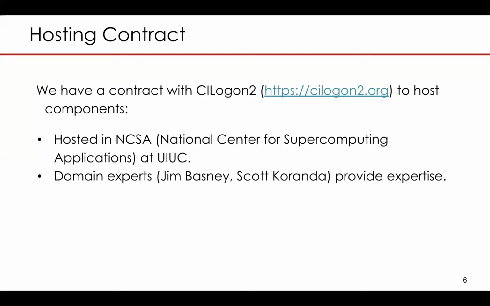We have a contract with CILogon, which is basically a contract service hosted at NCSA at UIUC. This allows us not only to get away from the workload of keeping our platforms up to date, but also gives us access to domain experts, and in particular, Jim Basney and Scott Koranda are closely working with us on this project.